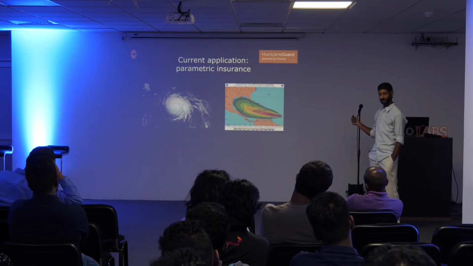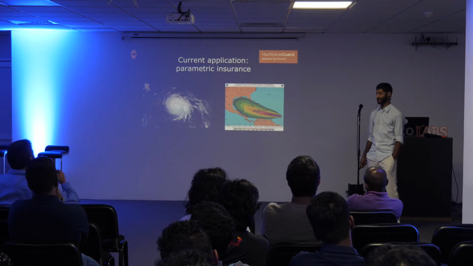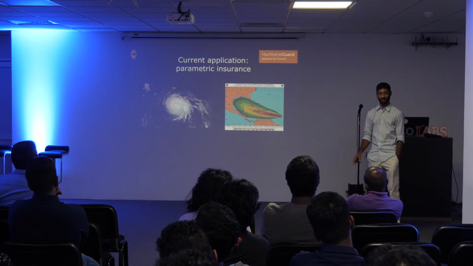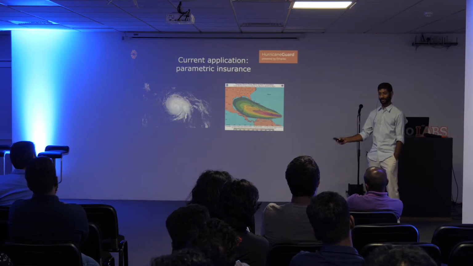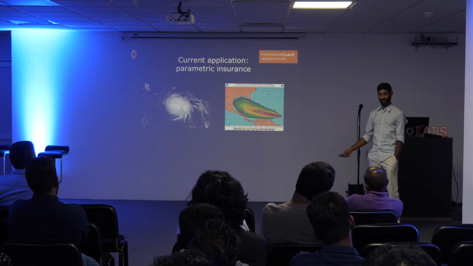So Hurricane Guard built these complex models to measure wind speeds on the ground when hurricane events happen, and they transferred over this computation to Rhombus and said, we want you to be in charge of delivering wind speeds, and we want the minimum viable information.